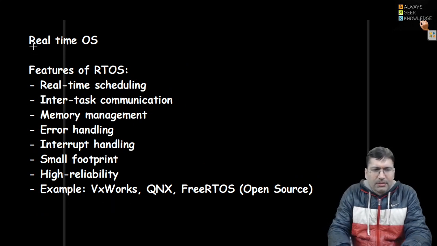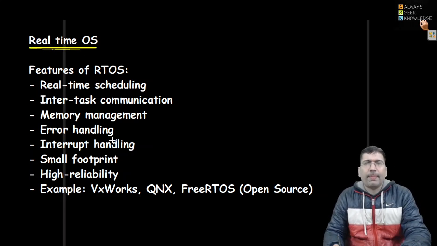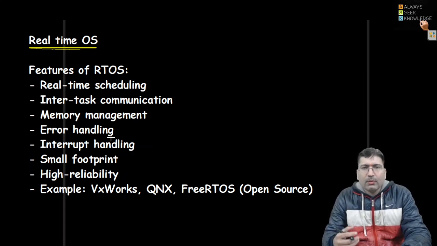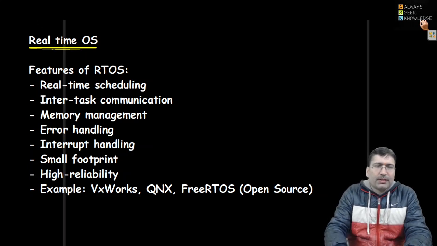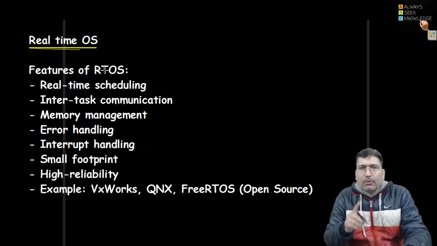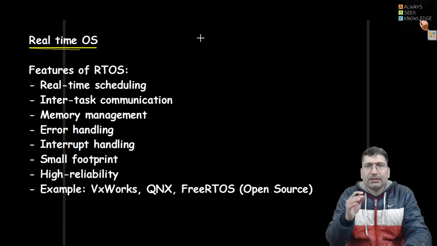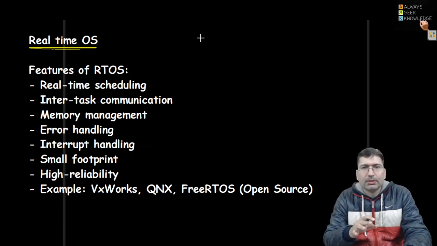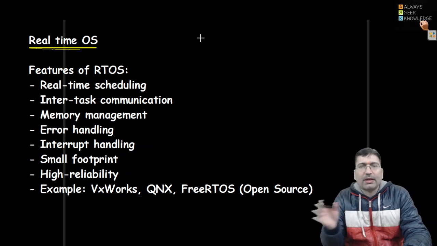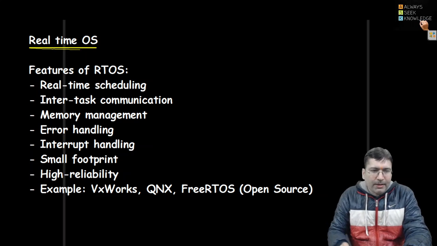The next operating system is the real-time operating system. It is an operating system which initiates time-bound jobs. In such an operating system, every job or process will have a deadline. If a process finishes within the deadline, then the system will consider it a successful execution. If a process finishes after the deadline, then the system will consider it a failure, right?